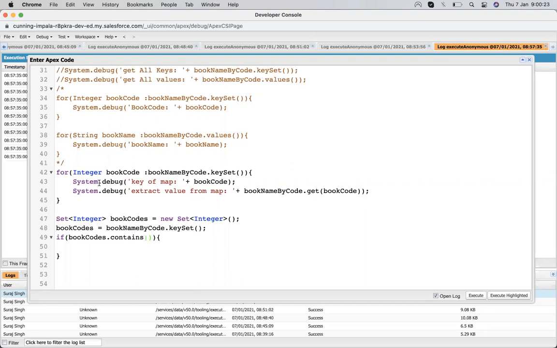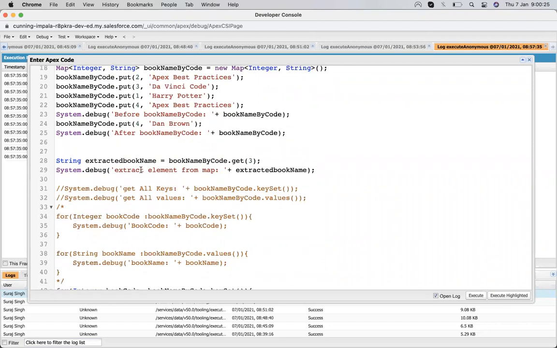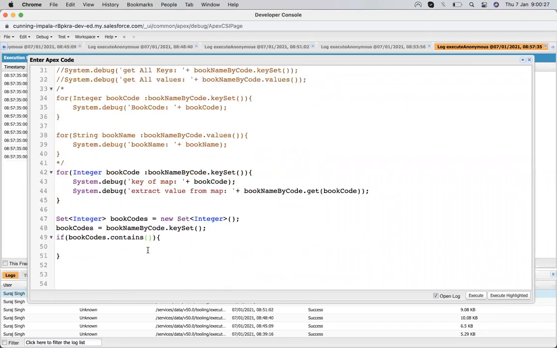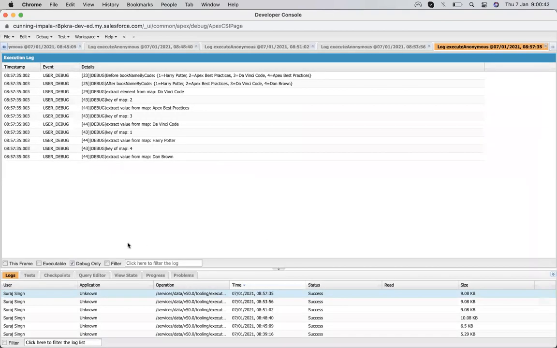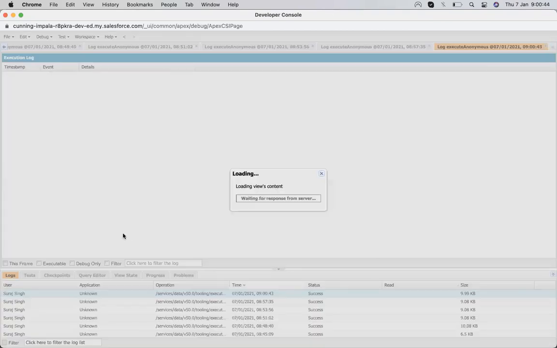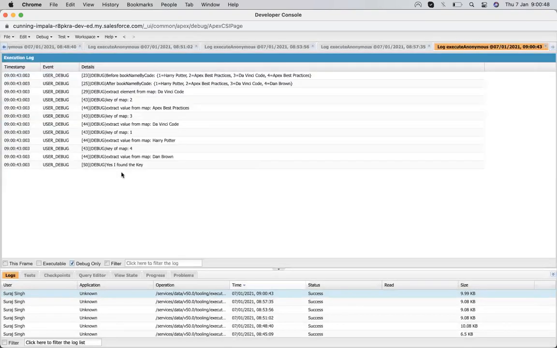If you want to check any value, suppose I need to check 4, so contains 4. Okay, yes, I found the key.